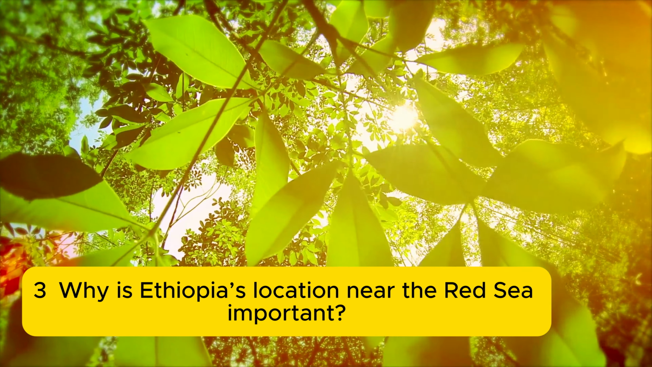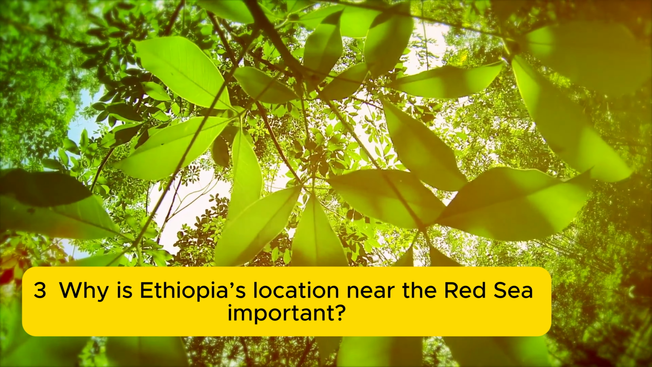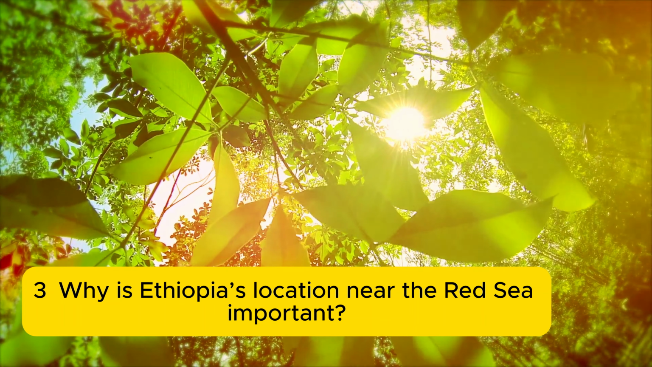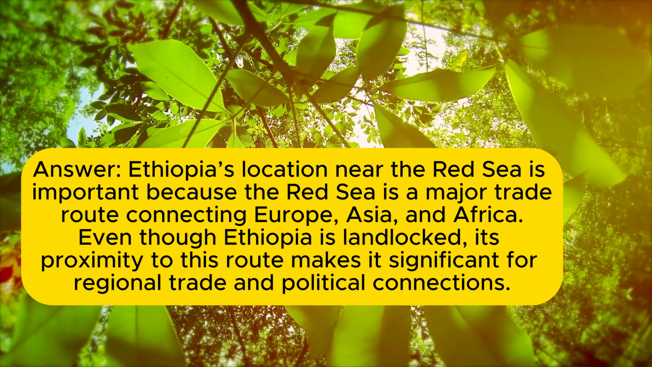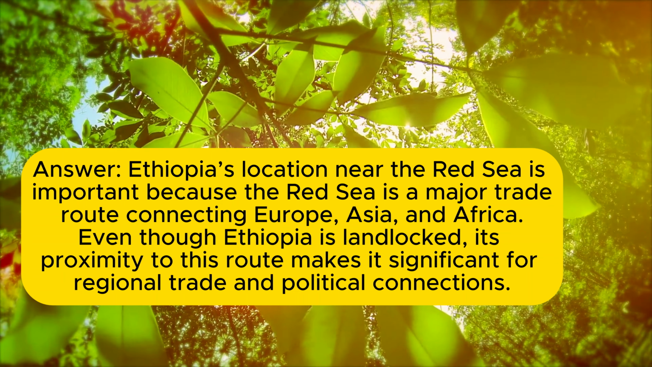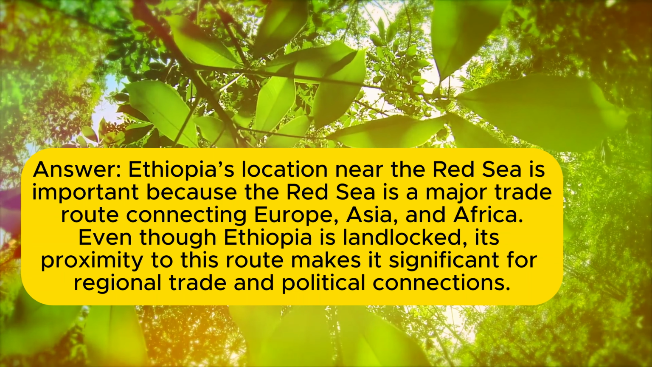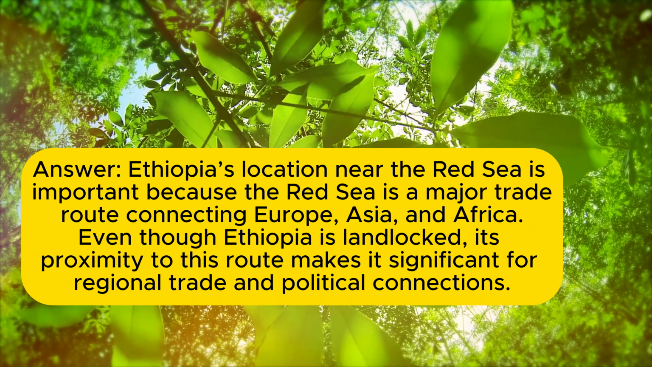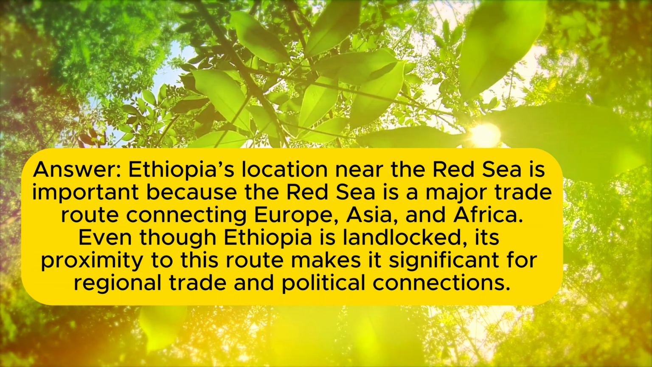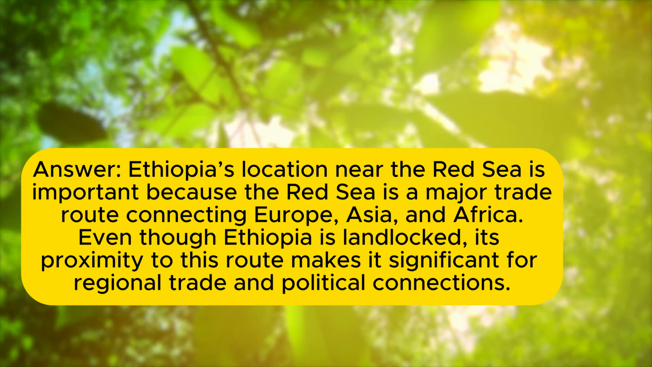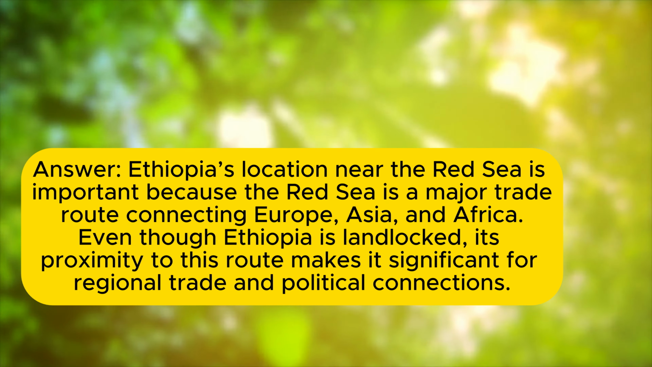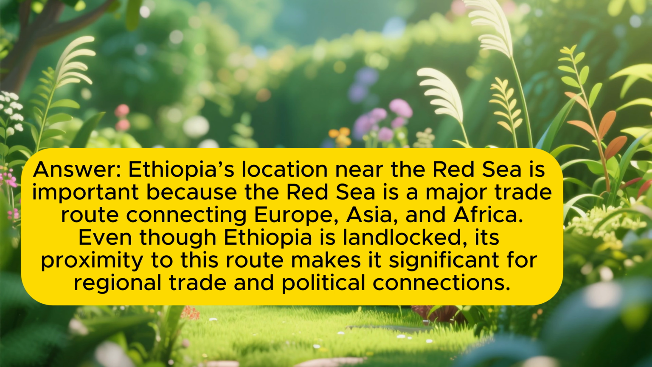3. Why is Ethiopia's location near the Red Sea important? Answer: Ethiopia's location near the Red Sea is important because the Red Sea is a major trade route connecting Europe, Asia, and Africa. Even though Ethiopia is landlocked, its proximity to this route makes it significant for regional trade and